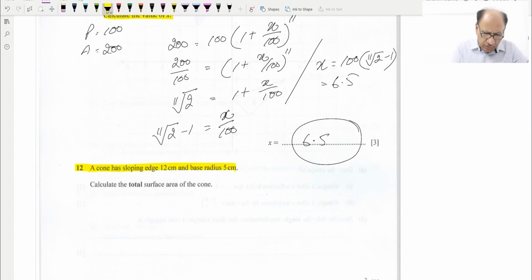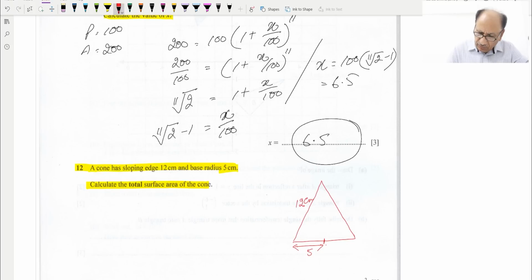Question number 12. A cone has sloping edge 12 centimeter and base 5 centimeter. Calculate the total surface area of the cone. So cone is three-dimensional, and it's in triangular form like this one. They're saying sloping edge is 12, so this one we can take 12 centimeters, and base radius will be like this one is 5